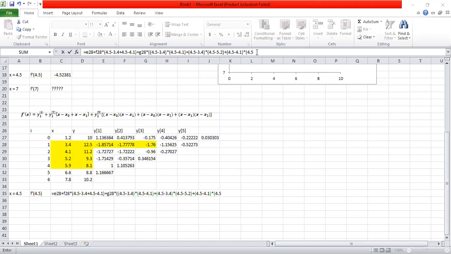कहाँ पहुंचा था मैं? I was going to write down which term? The last term, x minus second x value and x minus third x value. Minus third x value is 5.2. This product is completed, and the overall sum to be included, and that makes